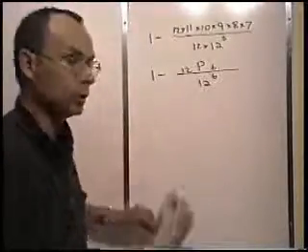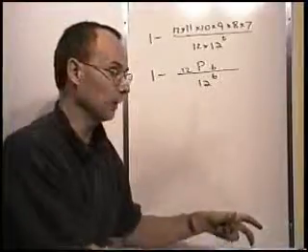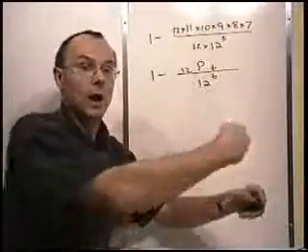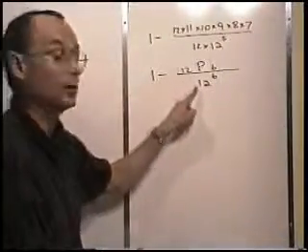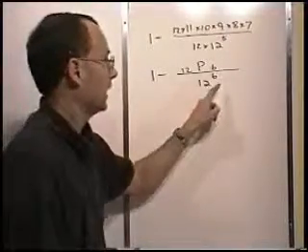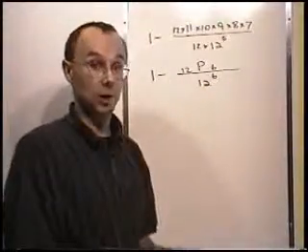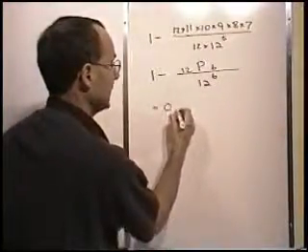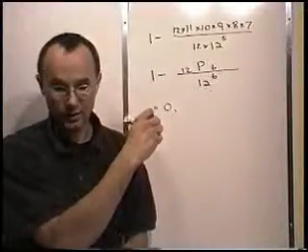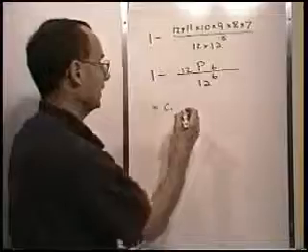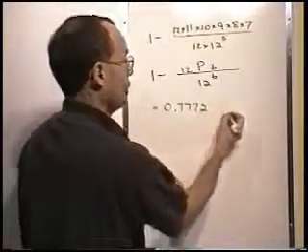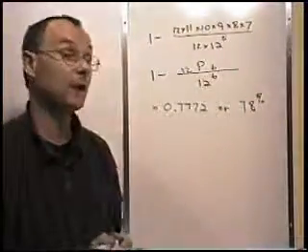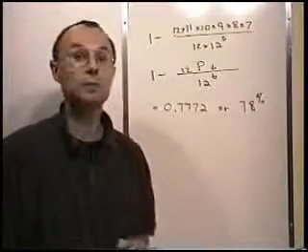If you're talking about one person and then the second person, they have a 1 in 12 probability of having the same birthday, or 11 over 12. Now, so 12 has to do with how many things there are to choose from. And the 6 over here is how many people are in the group. So what we have here, oh, and incidentally, I guess I'll give you the answer here. I worked that one out ahead of time, and what we get here is 0.7772, or, if you like, approximately 78%. So that's very, very likely, in fact, that you're going to have at least 2 people with the same birth